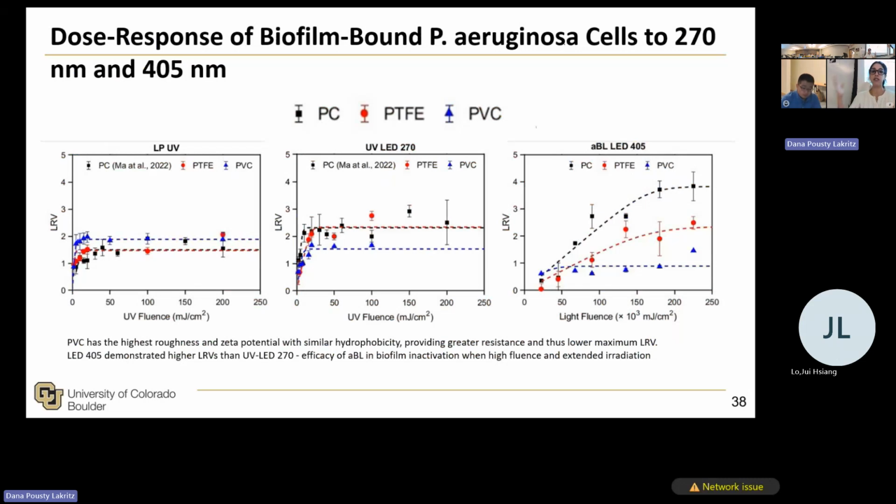First of all, we can see differences between the different lamp sources, the light sources, and we can also see differences between the materials. But the thing that is very important to understand here is that with biofilm it is very hard to achieve high log reduction because, as I said, it's a robust structure of bacteria. Here with the mercury lamp and with the 270 nanometer, which damages only the DNA, we didn't achieve very high log reduction values. But with 405 nanometer, we almost achieved 4 log reduction, which is 99.99% inactivation,